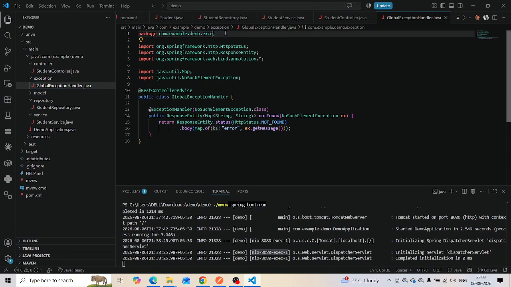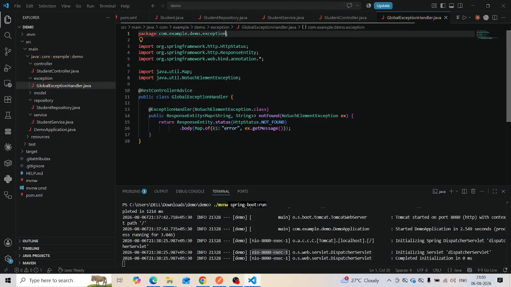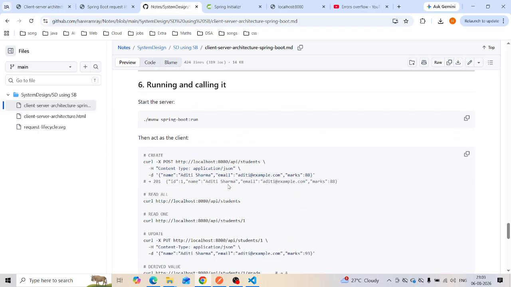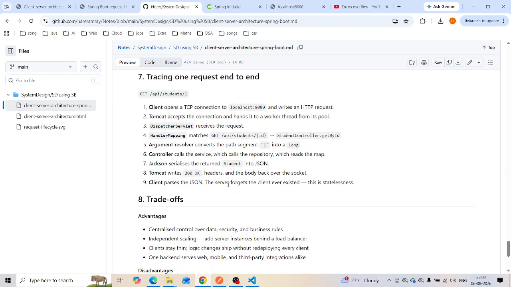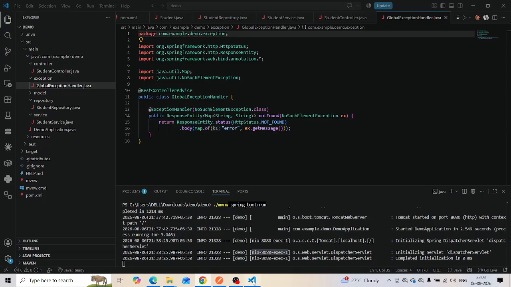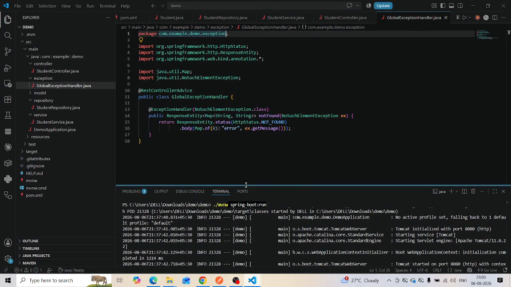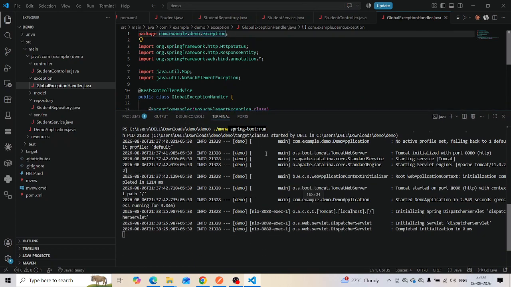You can remove this and put the exception one. This is the only thing. Then run and call and interact with it. Install Postman and do this hands-on. It will be very helpful, and try to see the logs, what is happening inside the logs. This will be very helpful for understanding.